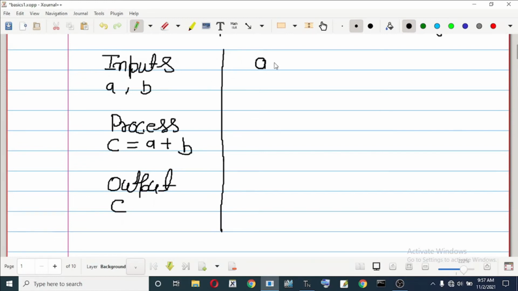Now if you want to write this program using Python, first of all you define a variable a equal to 5. In Python it means that a is a variable and it is referring to 5, and thereafter b equal to 7, which means that b is referring to 7. a and b are variables, and if I write c equal to a plus b, it means that c is referring to a plus b.